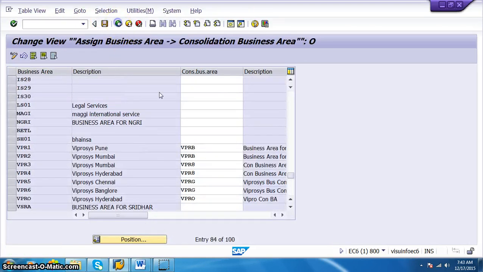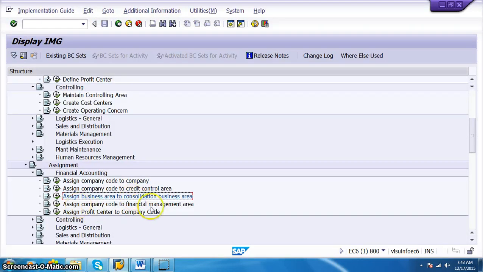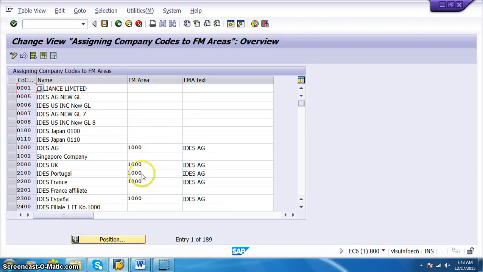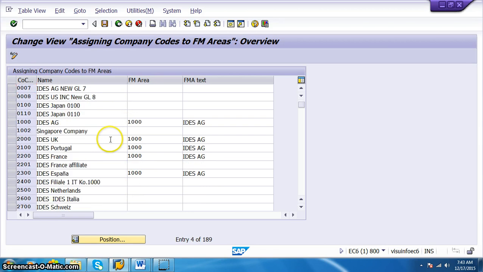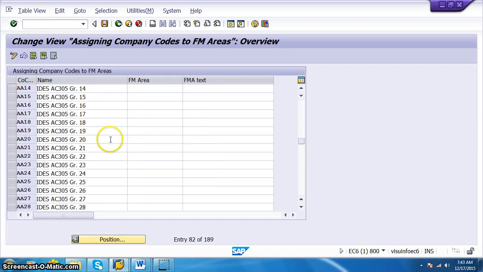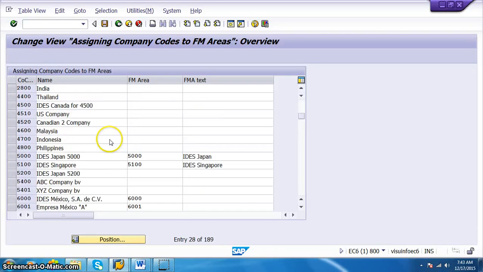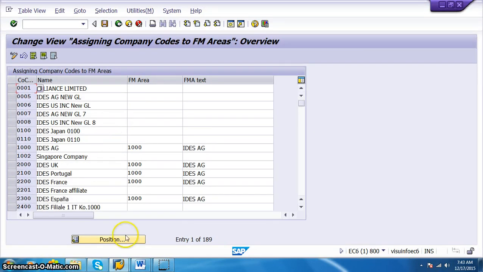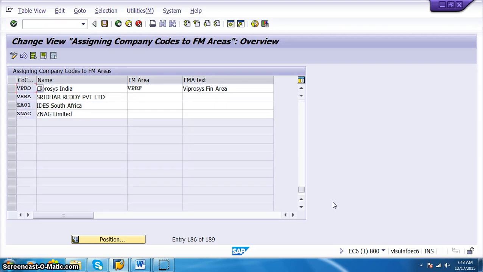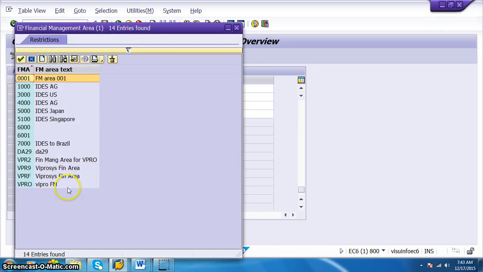Once we go back, assign company code to financial management area. Click on this, company code to financial management area. Company code is VPRO, and the financial management area we can just browse, whatever financial management area we have created just now.